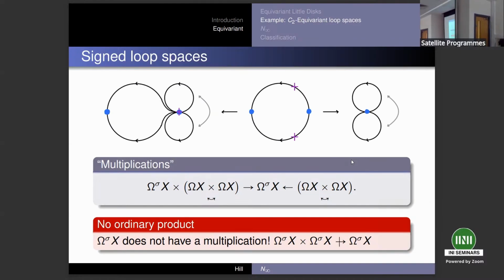So maps out of this is what the operad was describing for me. It gave me a map out of this twisted version of loops X cross loops X. This is maps from C2 into loops X. This is maps from C2 disjoint union point into loops sigma X. And I have these kinds of twisted versions of multiplication; they're not really multiplications, because in a multiplication the source and target are essentially the same thing. And it's important to note that for a general signed loop space, there actually isn't a multiplication.